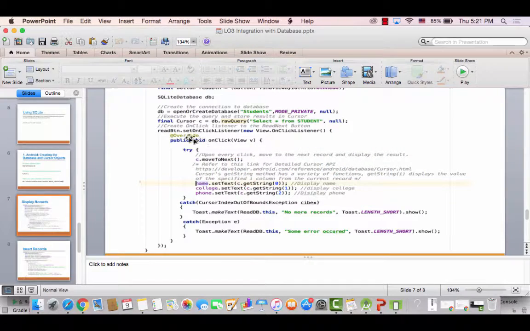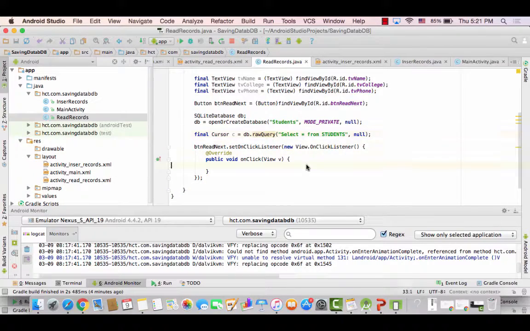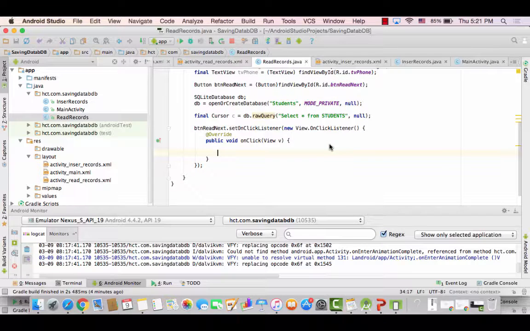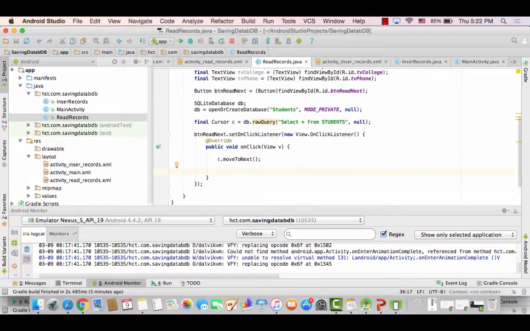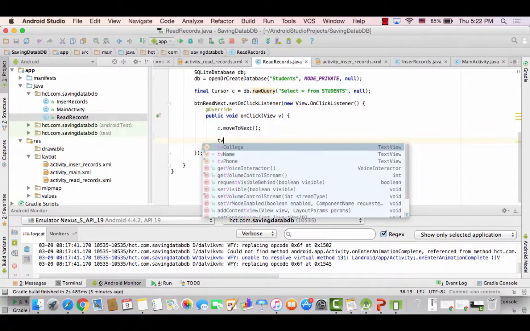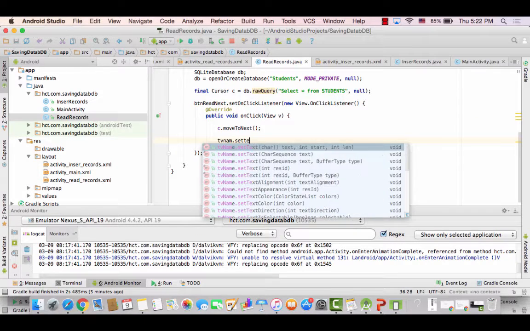Now the thing is, we have read everything, and we need to just move next and display everything into the text views we have. So let's go into the on click, and whenever you come here, you say c dot moveToNext. Okay, so it goes to the first and then the second and then the third, depending upon how many times you have clicked it. So I said move to next, and I have to read everything and display in these TV name, TV college, TV phone. So TV name dot setText,